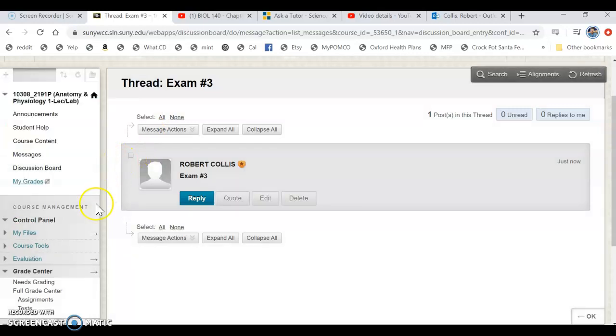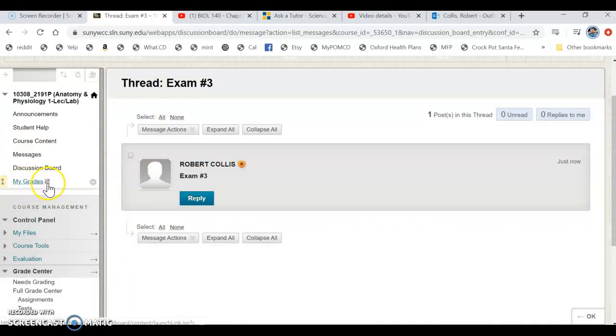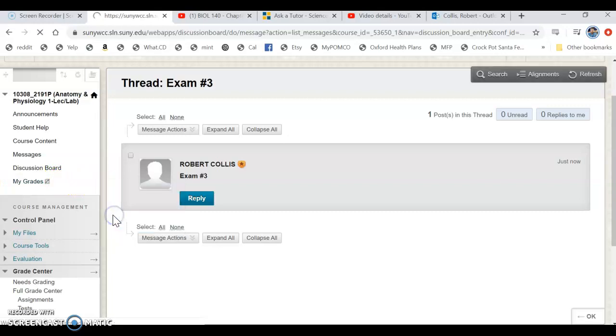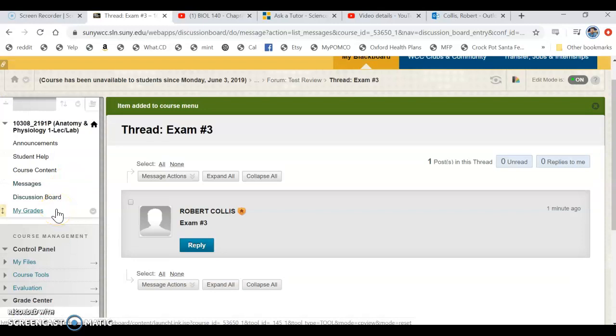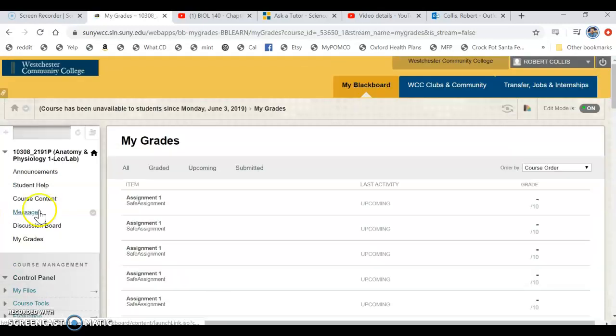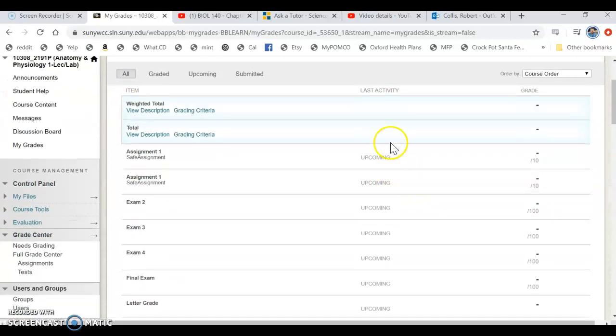Notice how if I click Submit, the My Grades link shows up, but this little box here tells me that it's actually hidden from students. So no problem, all I have to do is use the drop-down menu, click Show Link, and just like that it became available to students. The idea of the My Grades link is that when a student clicks on it, it'll open up this page here, and it will show them any scores that have been posted on any of their